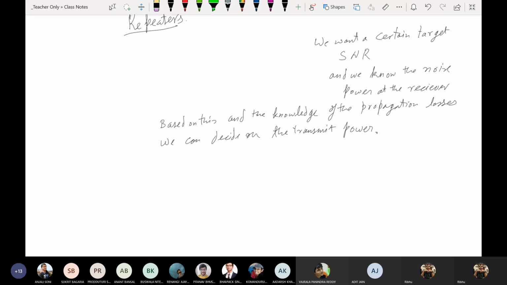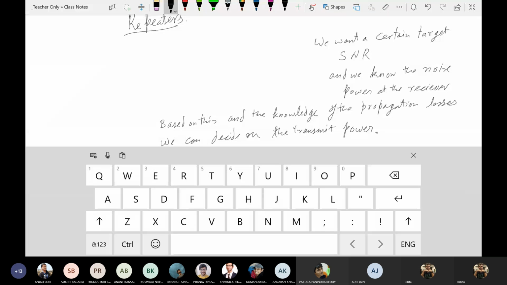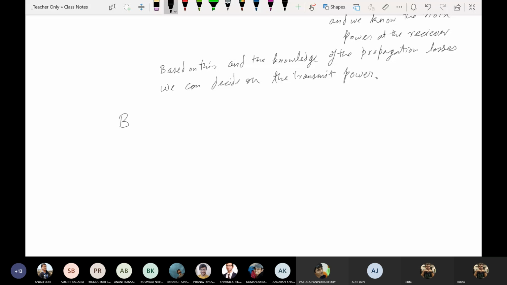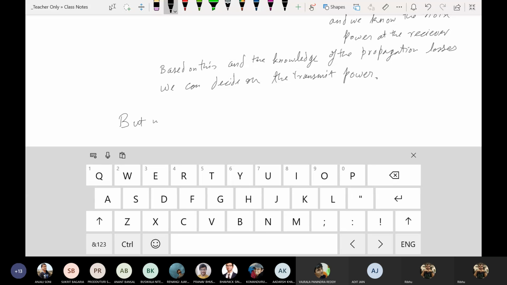If we know the propagation losses, and if we know the noise power at the receiver, and we know that we want this much SNR at the receiver, then we can decide the transmit power. Not a big deal. But we have to work with